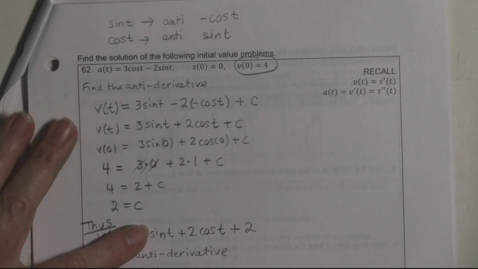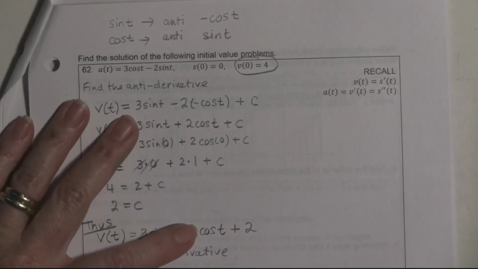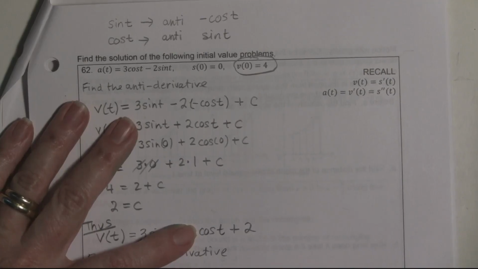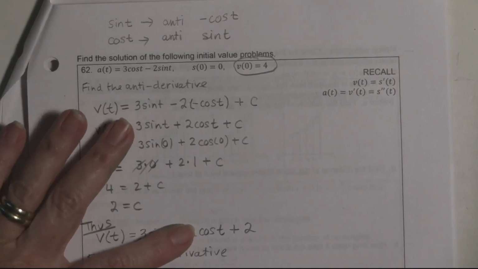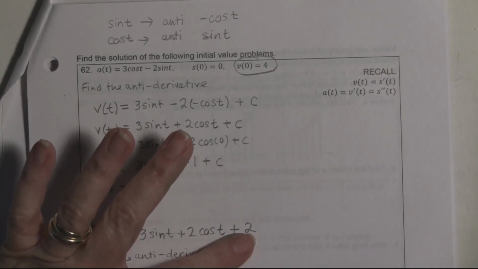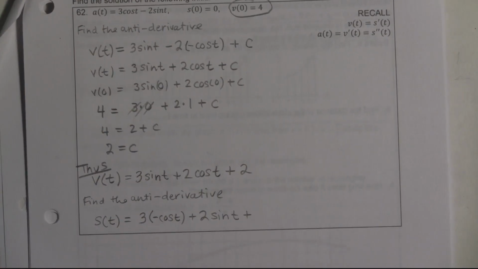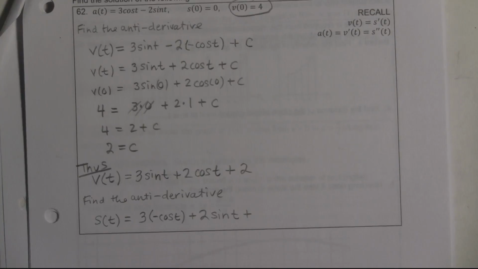The 2 holds still, and the antiderivative of cosine of t is sine of t. And the antiderivative of 2 is 2t. It's easy to say 2x, but the variable we're using is t. So 2t